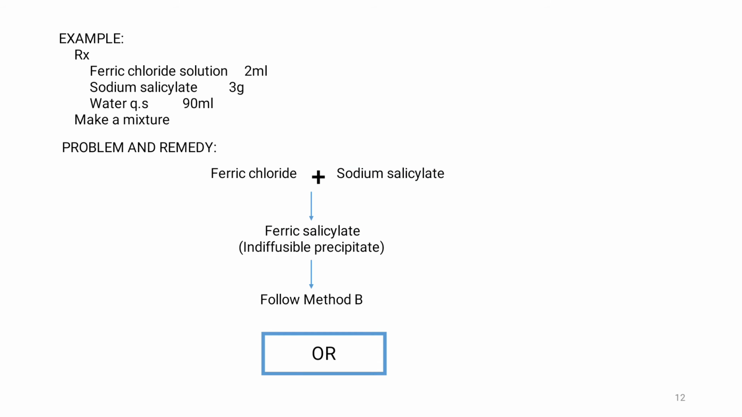Okay. For example, ferric chloride solution 2 ml, sodium salicylate 3 gram, water QS 90 ml. We want to make a mixture. Here the problem is ferric chloride reacts with sodium salicylate and forms ferric salicylate. This ferric salicylate is an indiffusible precipitate. So we want to follow method B for their dispensing. So in one way we can follow method B. Otherwise, the other remedy for this problem is